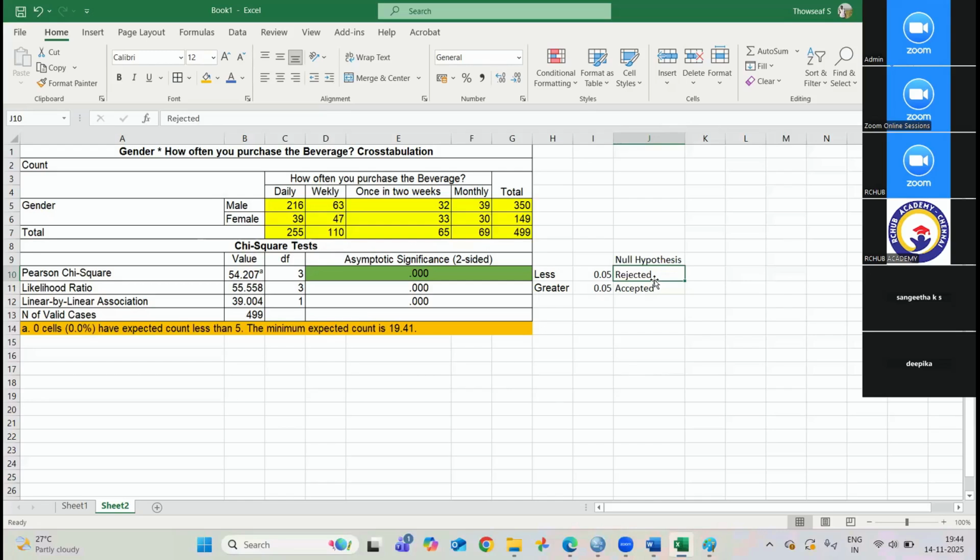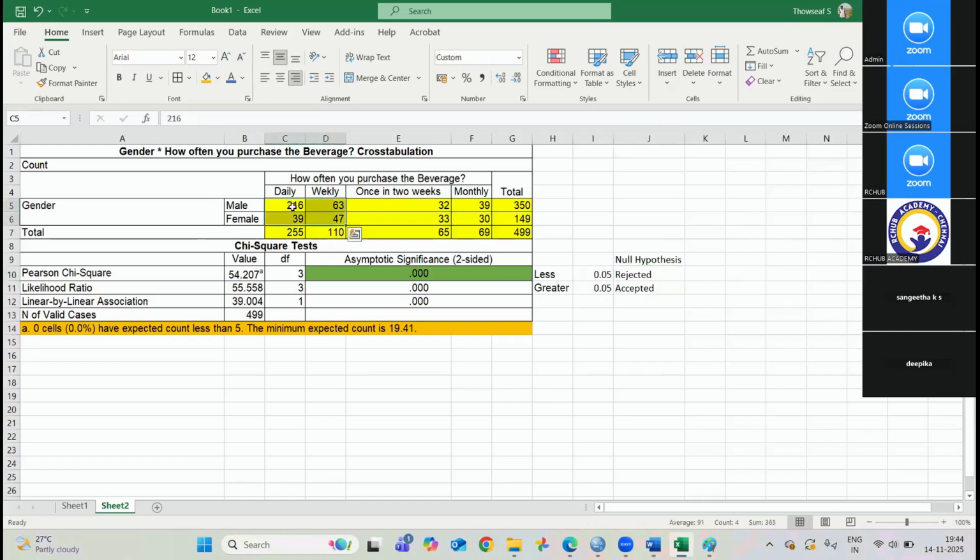The accepted hypothesis is the alternative hypothesis. What is the alternative hypothesis? That is, there is significant association between male and female in purchase frequency of beverage, because you see these are the highest